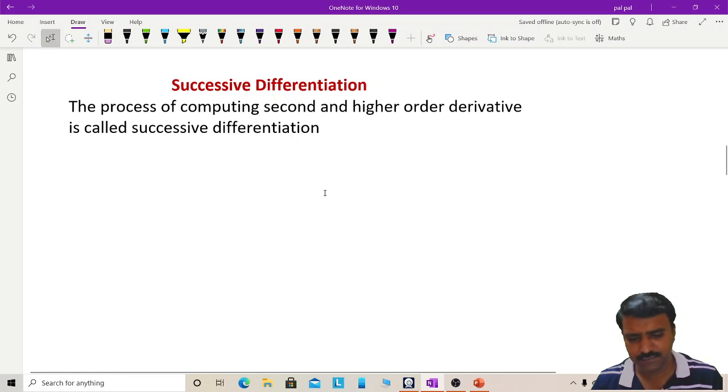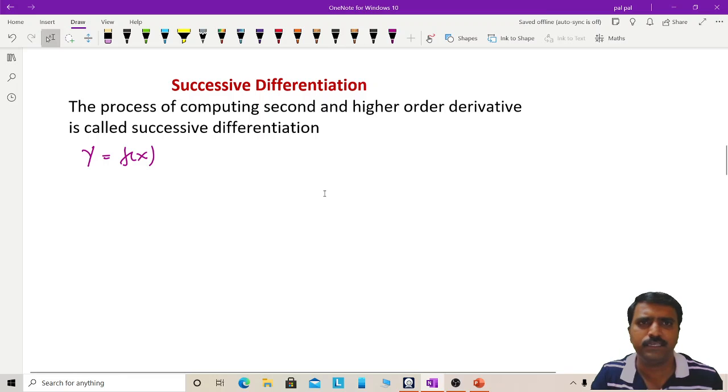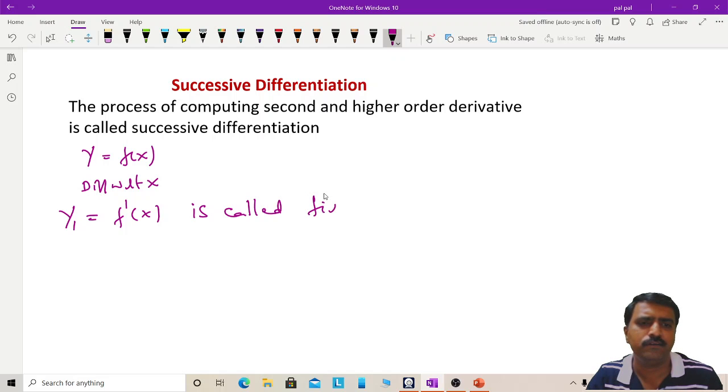Suppose you take one general function like y is equal to f of x. Y is equal to f of x is any function. It may be cos x, sin x, exponential, logarithmic function, whatever it may be. Now you differentiate this y with respect to x. Differentiation of y is y1 is equal to differentiation of f of x, df by dx, or you can write it as f dash of x, called the first derivative of y